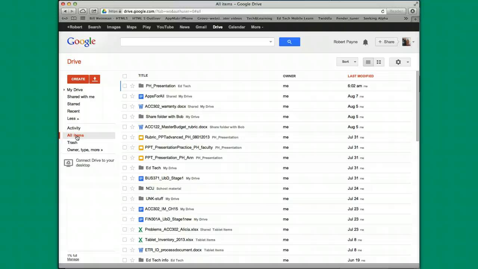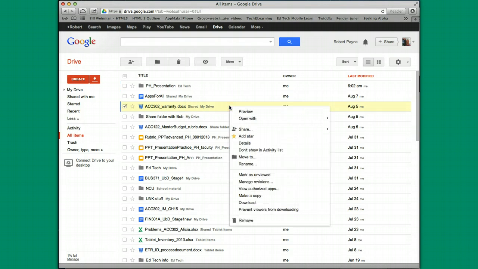Some of the other things in here that are still nice is you have the ability to do various things here. I'll just show you something. Whether you have a file or a folder, any of this stuff works. Let's say I'm talking about this ACC 302 warranty. If I right click or command click on the Mac, you get this drop-down menu with some choices. We've talked about this before with sharing and so forth. One of the things you might want to do